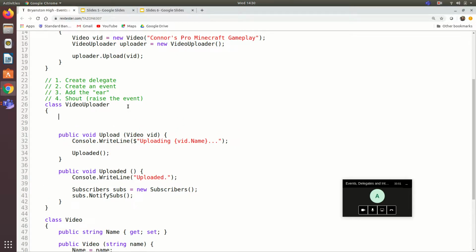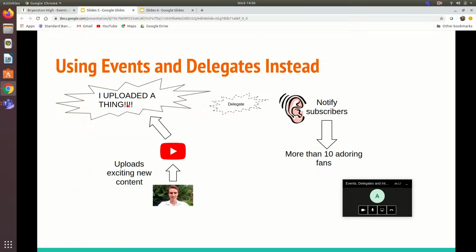So the first step is for us to create a delegate. How do we do that? Well, we have to say public delegate. Okay, we know what public means, and we sort of know what a delegate is. It's defining a contract between our event and our listener. The other thing we might call this, the notify subscribers, is we can say that this notify subscribers is